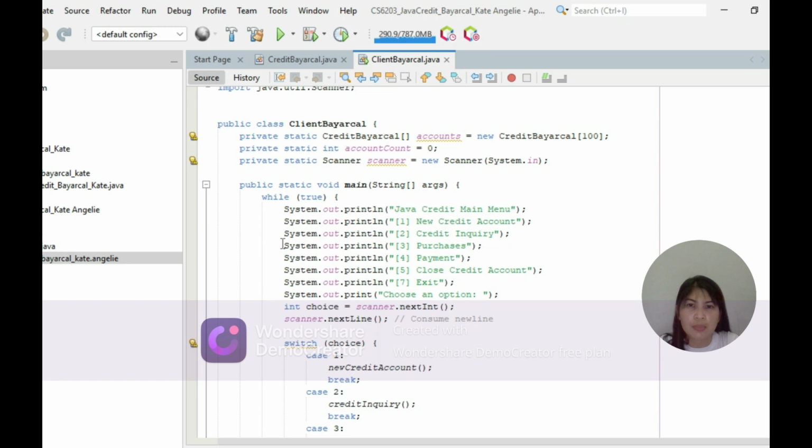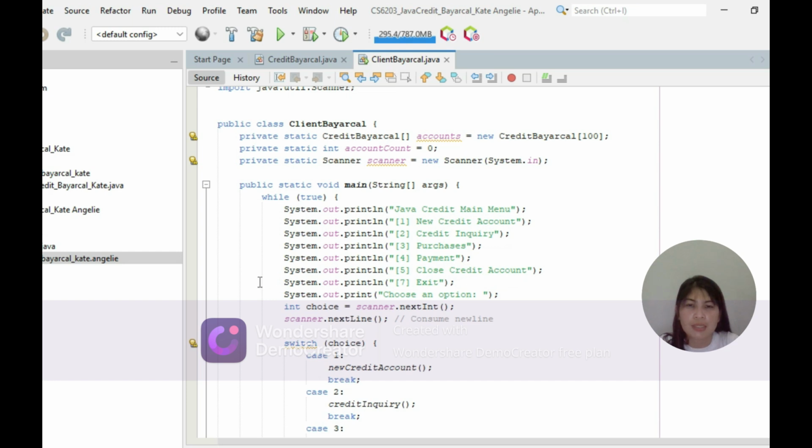Next is the System.out.println, open parenthesis, open quote, option 2 credit inquiry if you choose credit inquiry, and then close quote, close parenthesis, semicolon. Next is System.out.println, open quote, option 3, purchases, close quote, and then semicolon.